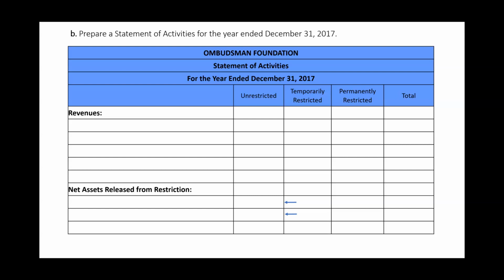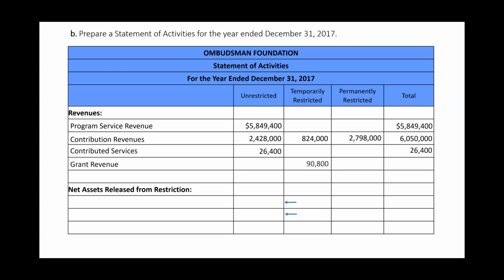So let's go ahead and prepare a statement of activities for the year ended December 31st, 2017. You'll see here we've got 3 columns: unrestricted, temporarily restricted, permanently restricted, and then you have your 4th grand total column there at the end. So just go through and list everything. Contribution revenues, we had a little bit of everything. We had unrestricted, temporarily restricted, permanently restricted, and then you just total everything up. We had a little bit of contributed services, some grant revenues that were temporarily restricted, and then we had some gains on that